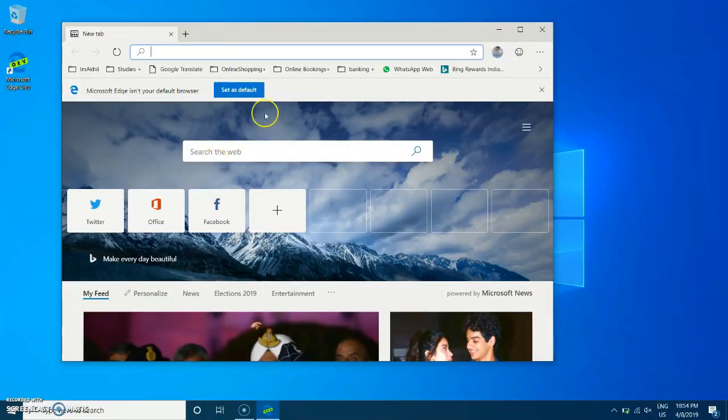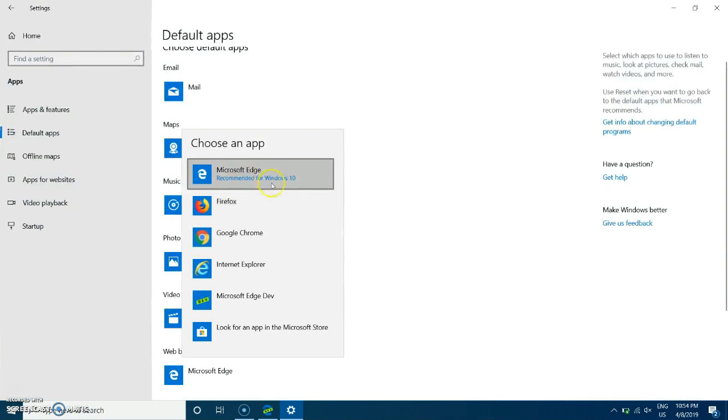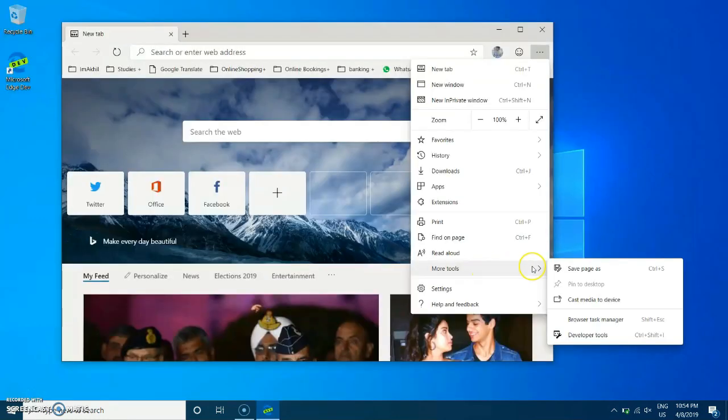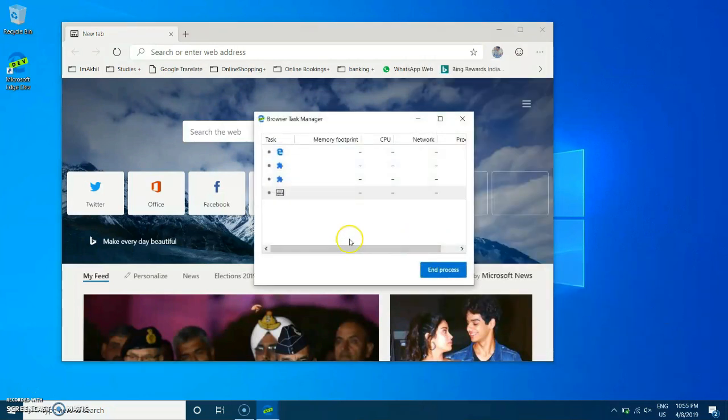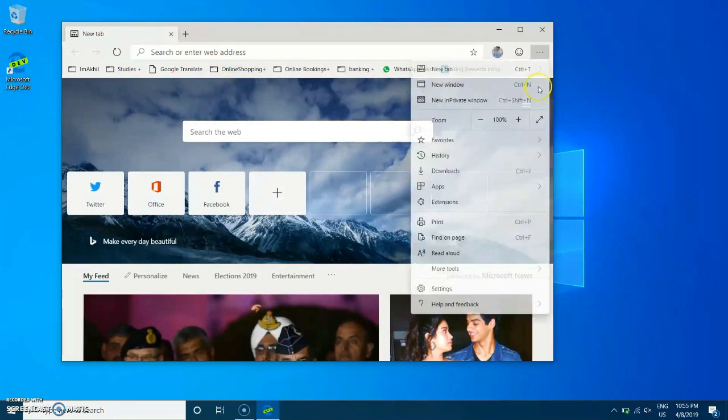You can also set Edge Chromium as your default browser. Go to settings and apps. From there select default web browser. Change to Microsoft Edge Dev from the drop-down menu. There are many tools coming along with this, such as Browser Task Manager as well, giving some extra control over browser tasks. You can have Edge apps as well. That's something new coming with Edge Chromium. You can have an app experience in your browser. I have already installed Twitter. You can also do the same.